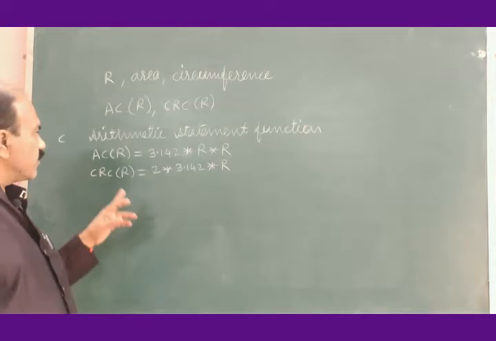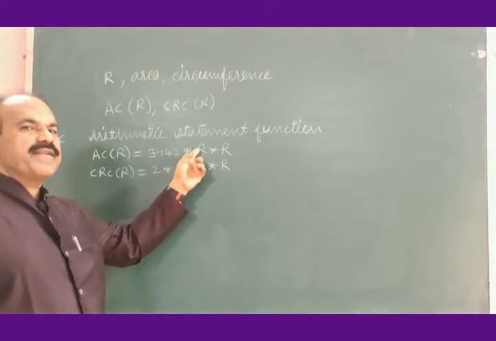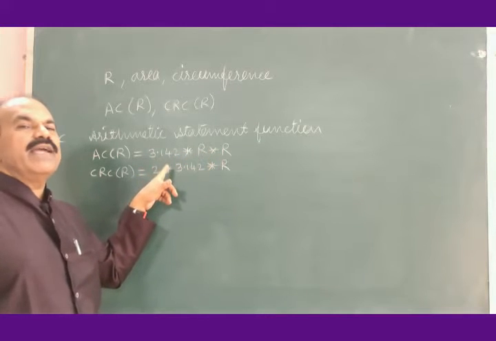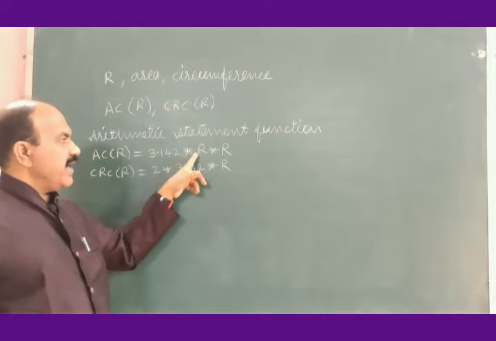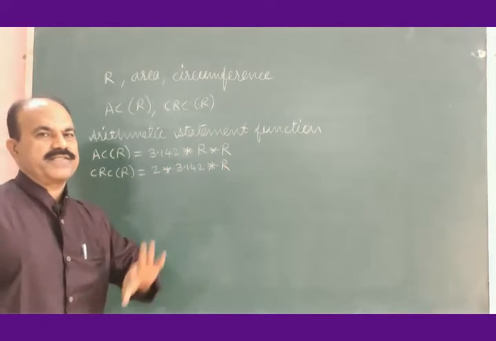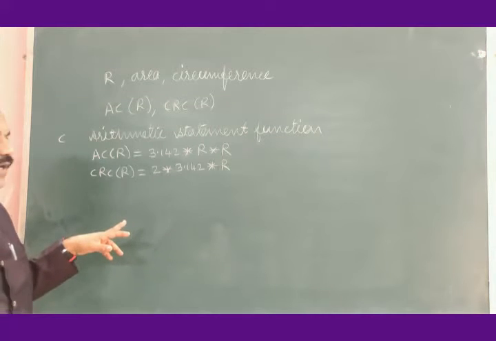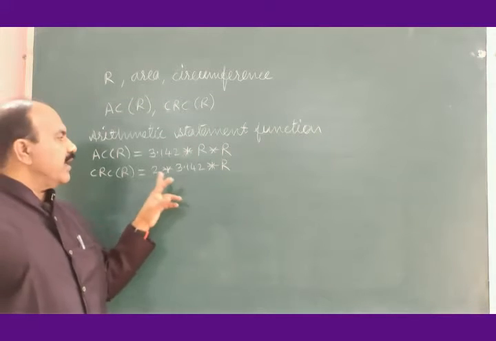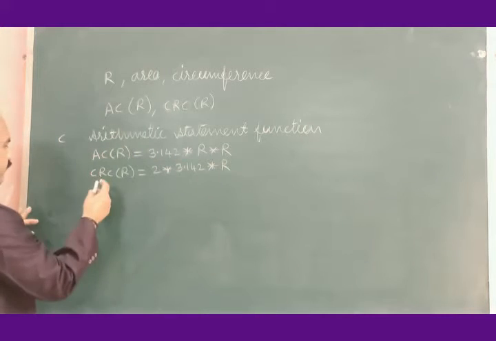What is the formula for area of circle? Pi r square. Value of pi 3.142. So pi r into r, that is pi r square. What is the formula for circumference of circle? 2 pi r. 2 pi r. Then